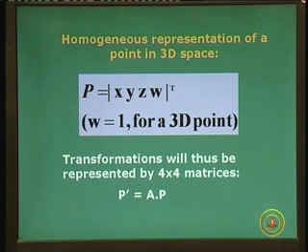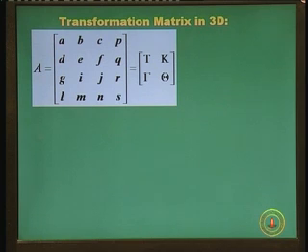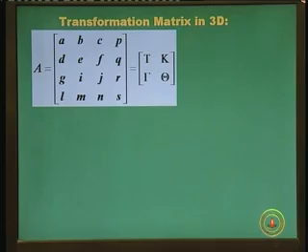Now, let us look at the transformation matrix A as to how it looks. The generalized transformation matrix in 3D will now basically be a 4 cross 4 matrix as given. So, it will have 16 elements or 16 parameters in it. You remember in 2-dimensional transformations, when we were dealing with the homogeneous Cartesian coordinate system in 2D with 3 parameters, we had a 3 cross 3 or 9 elements. Now, since we have 4 parameters including the homogeneous parameter H or W as you can call it, you need to have 4 by 4 or 16 elements.